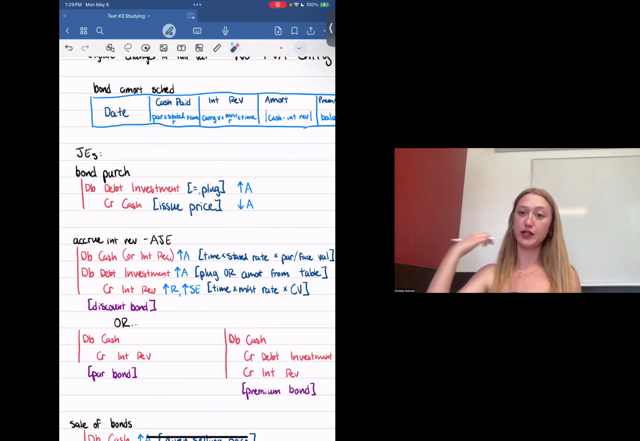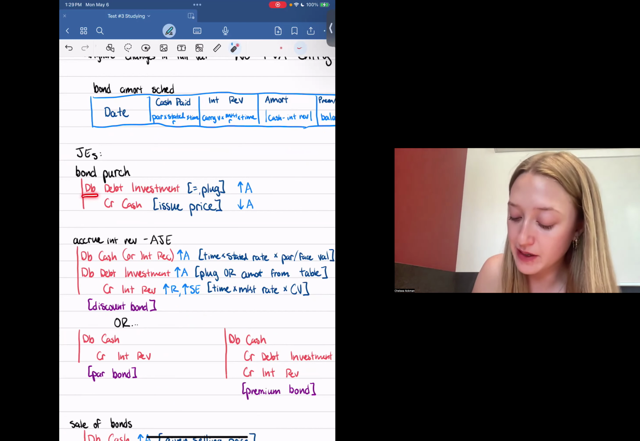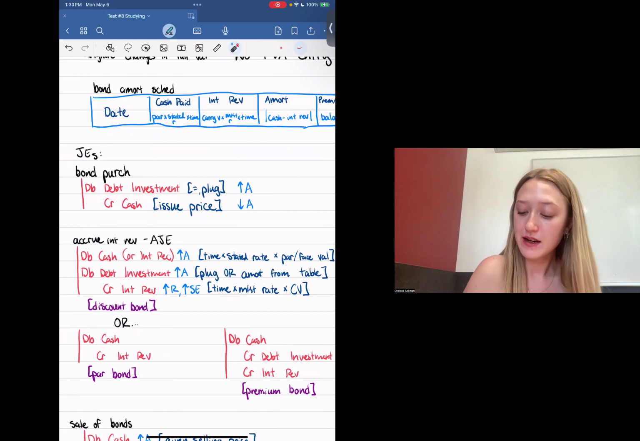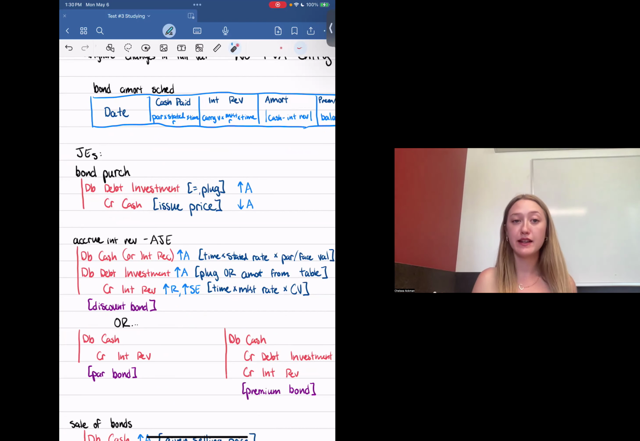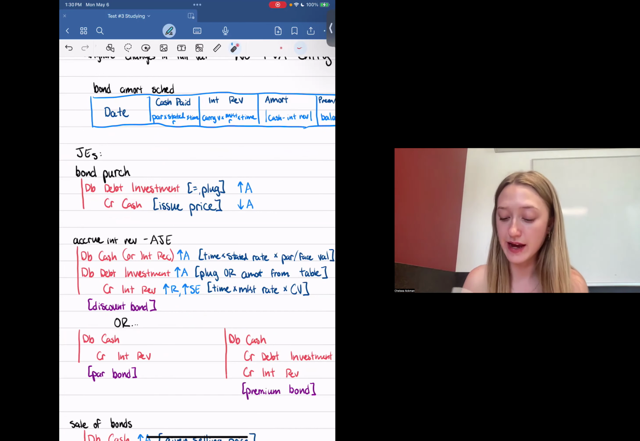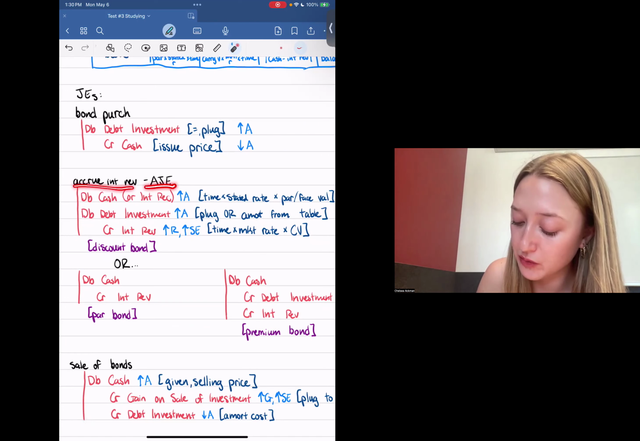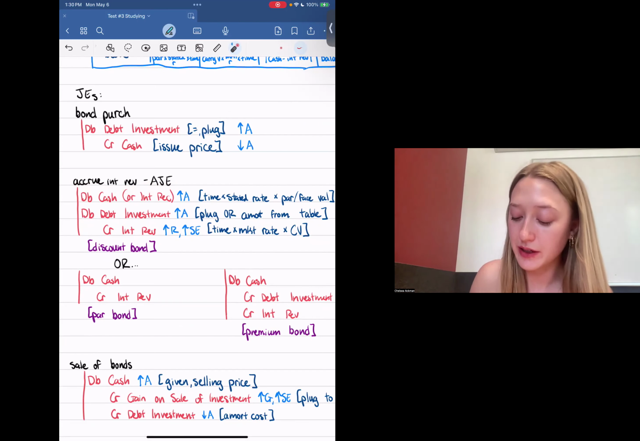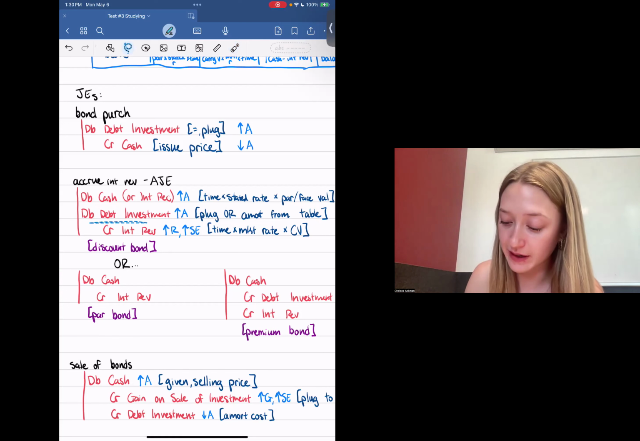For your journal entries, first you're going to record the purchase of the bond with a debit to the debt investment and a credit to cash. The credit to cash is at the issue price, and then the debit to debt investment is just equal to that. Then you have an adjusting journal entry to accrue interest revenue. You're going to debit cash or interest receivable, depending on if you're not getting cash right away. You're also going to debit your debt investment again,